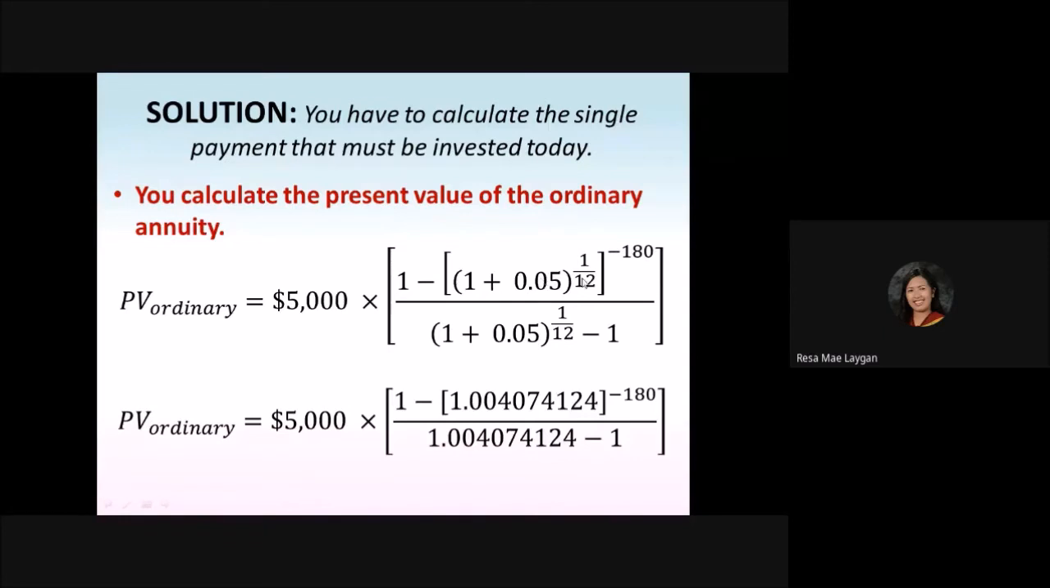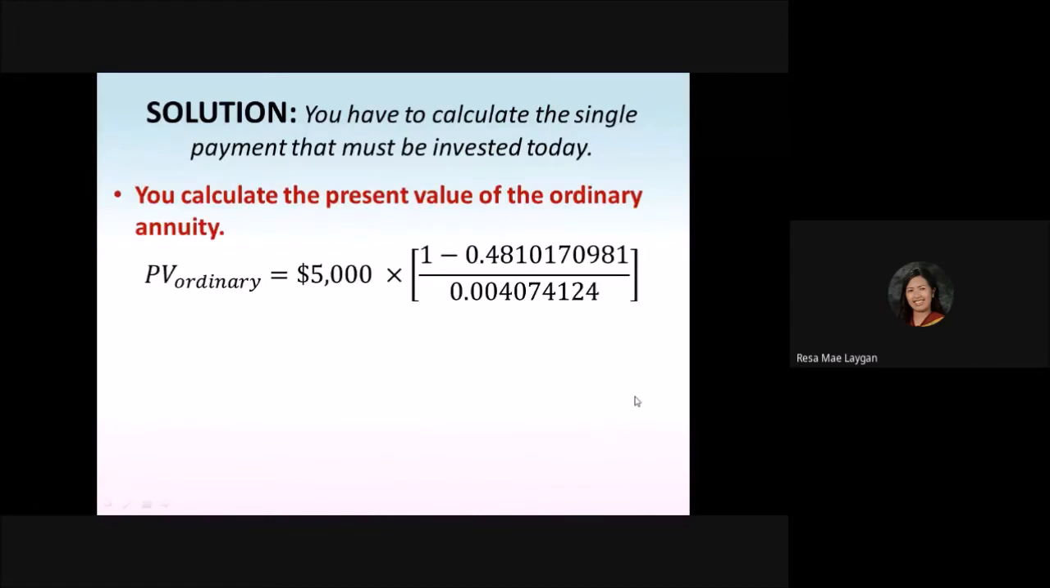You have to resolve this, which is 1.05 to the raise of 1/12. Then you will get the value of 1.004074124. So next step is to resolve for this value. You have to calculate the 1.004074124 to the raise of negative 180 using your calculator. So you will get the value of